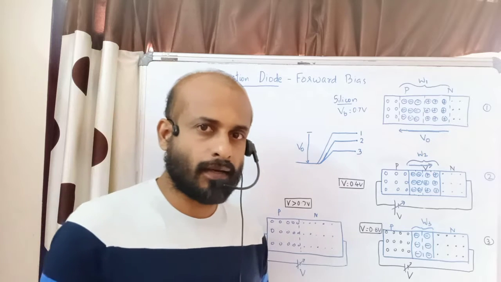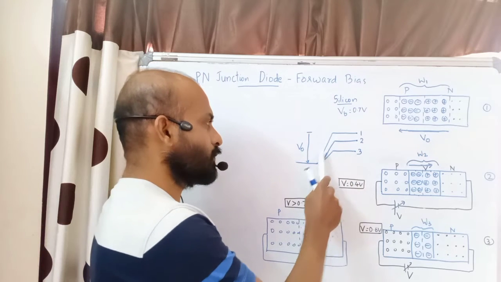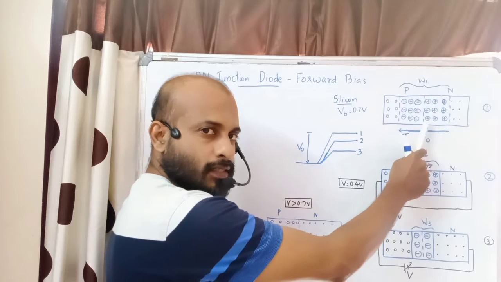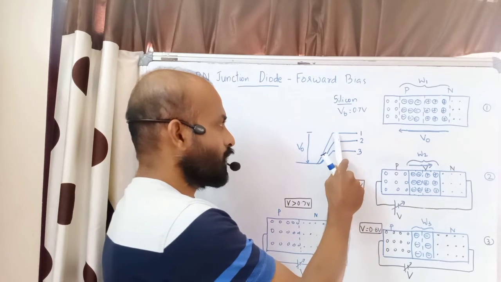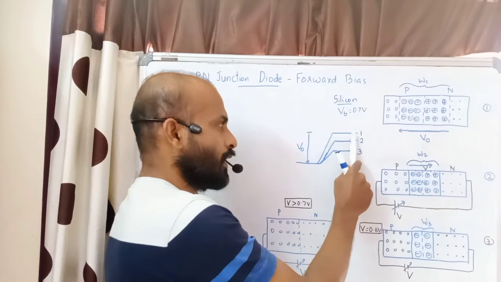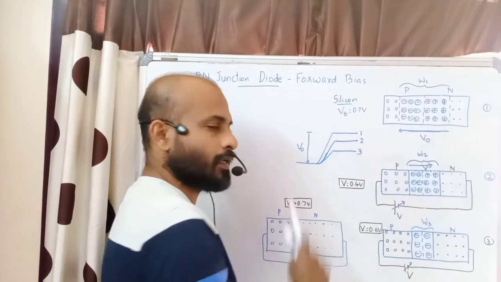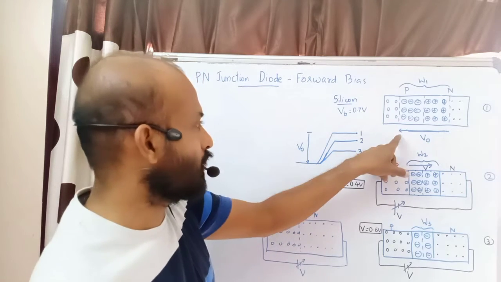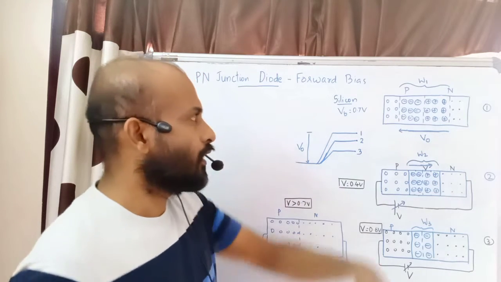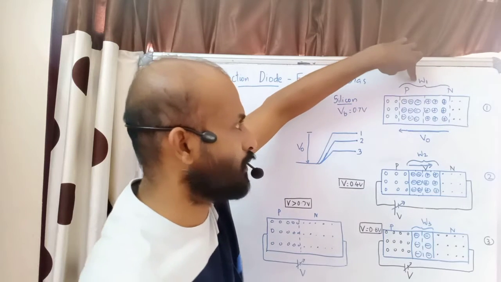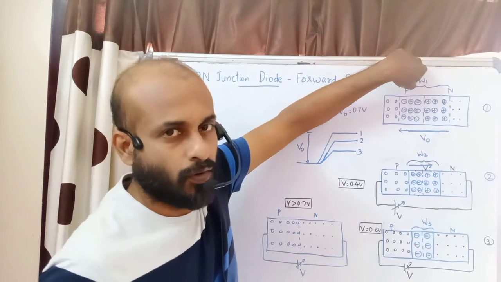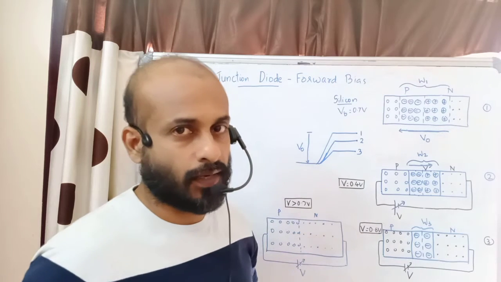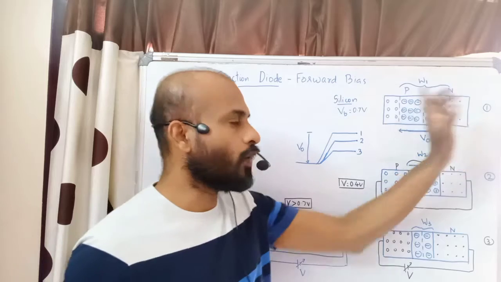So when there is no battery connected, there is a high potential difference between the lower potential, negative, corresponding to the negative charge carriers, and the higher potential due to positive charge carriers. So the width of the potential barrier is very large. We can mark it as V0. Now this is the width of the depletion region. I will mark it as W1. W1 is the width of the depletion region when there is no battery connected. That is situation number 1.